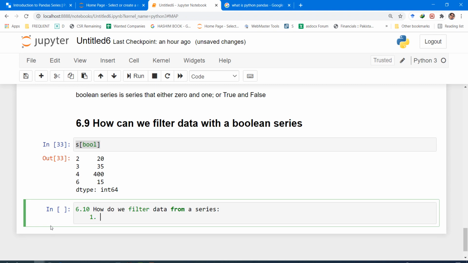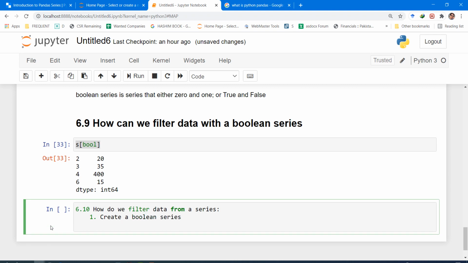Step number 1, create a Boolean series. Step number 2, slice from the main series using the Boolean series. So this is how we filter data from a series using a Boolean series.